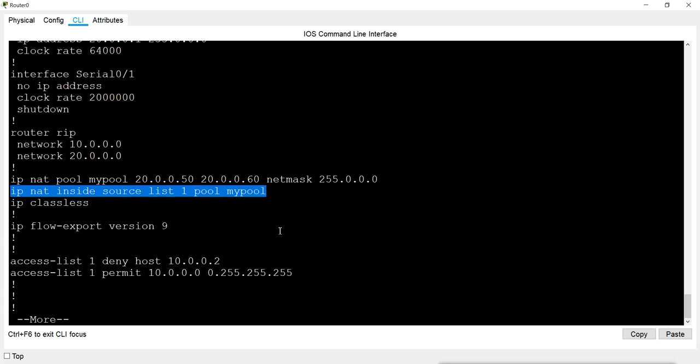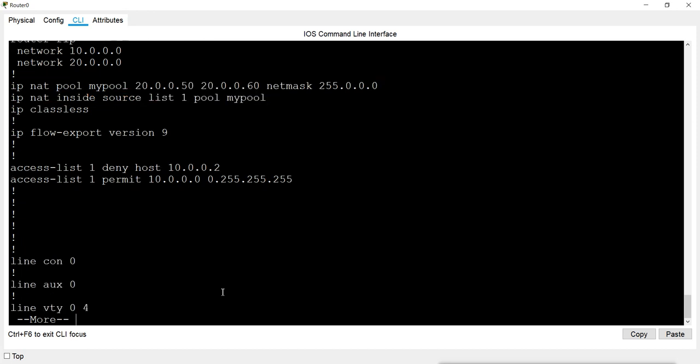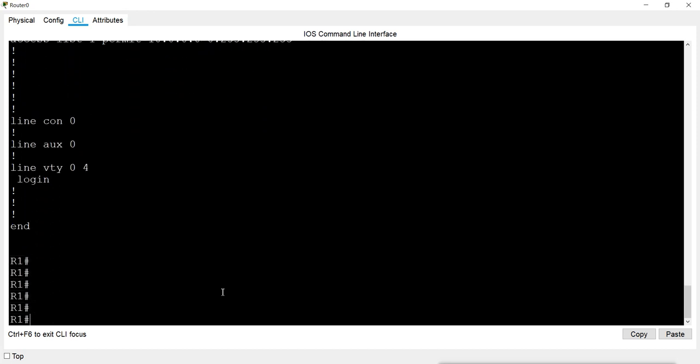If we want to apply it, what do we have to do? We just have to go to the interface and add inside or outside, and it will start working again. Now if we want to remove it completely, what will we do?